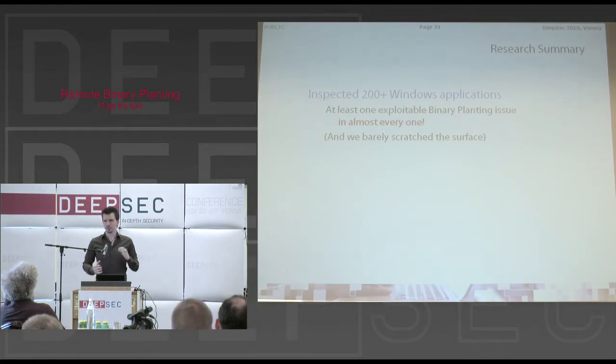That's pretty bad, because the 200 sample, it's not a small sample, actually. I wouldn't dare call it a representative sample if you were a bunch of statistic analysts, but I can call that to you, and you're going to take my word for it. So if it's an indicator, then 9 out of 10 reasonably complex Windows applications in the world are currently vulnerable.